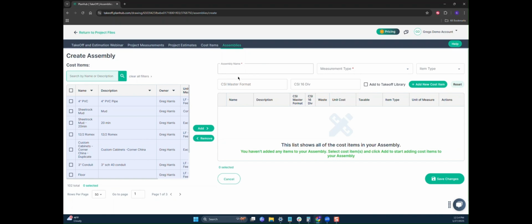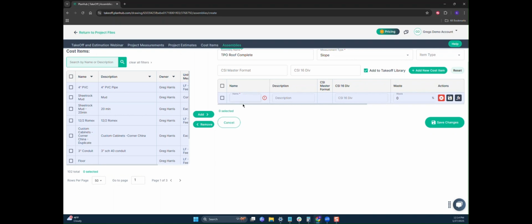First, I'm going to give this assembly a name. So this is going to be TPO Roof Complete. The measurement type we'll get our results from is the slope tool. I'm not going to address item type here. I'm going to address that on the cost item level. So next, I'm going to click the Add New Cost Item button. This is going to be the 60 mil